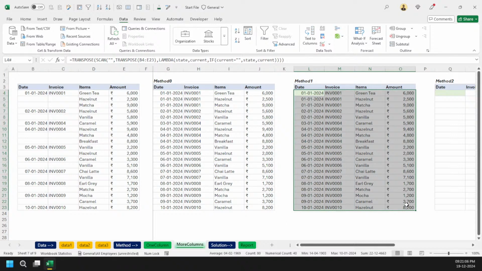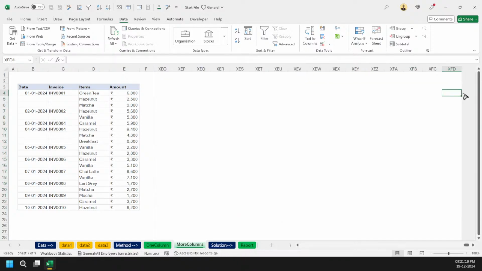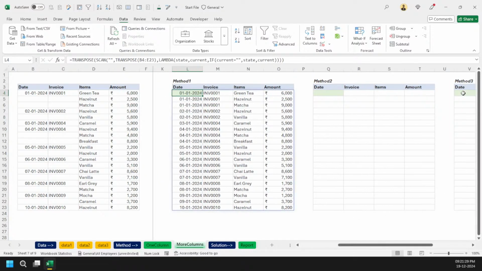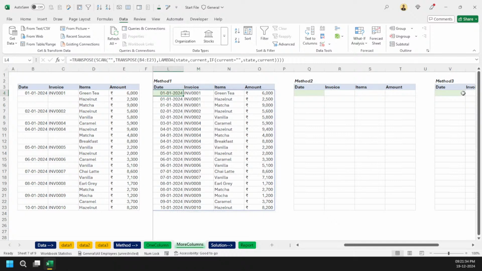But at the same time, you know the limitation, right? What will happen if I use this trick? The problem it will create is that I will be limited to transposing to the number of columns I have, and they are very, very few compared to the rows of data we can have. So these are only 16,000 columns, sorry. If my rows are more than that, then it will start creating problems. So we cannot use that trick, right?